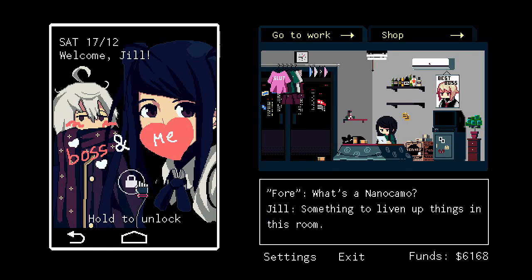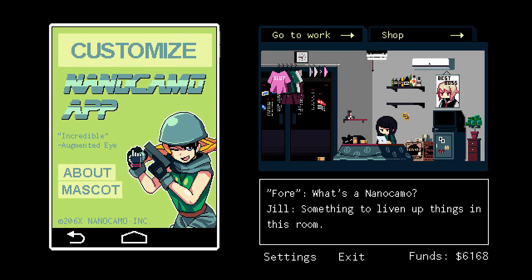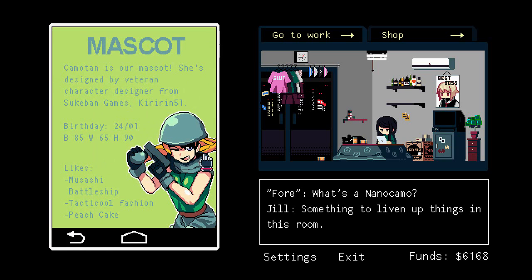So I checked out the nano camo. Here's the nano camo app right here, which has an About section. NanoCamo is a company founded in 2068 and pioneer of the nanomachine fabric capable of real-time texture swap. Meant for military use, we bring our products to the general public at the most affordable prices. The mascot is this person right here. Camotan is our mascot. She's designed by